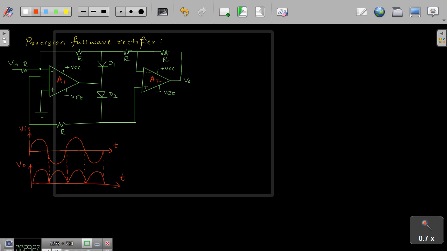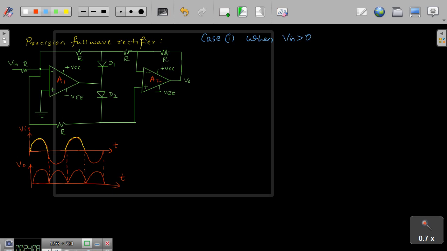Now, the analysis of the circuit is based on when the input is positive and when the input is negative, right? So based on those grounds only we will try to have our analysis. So let me take the first case, case 1. How would you get this output? That's what we are supposed to see here. When V in is greater than 0,